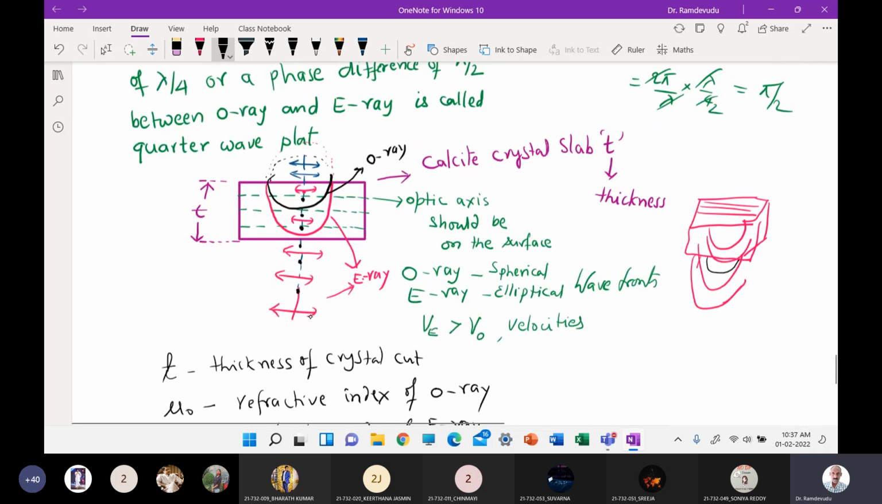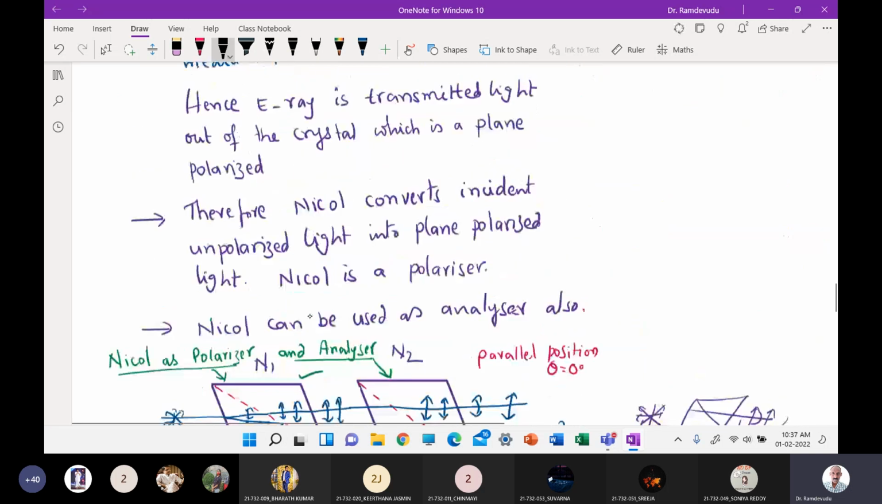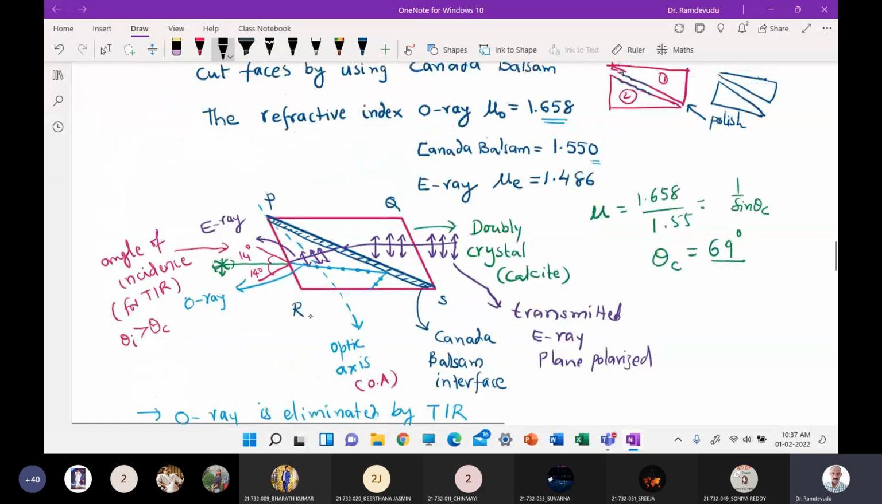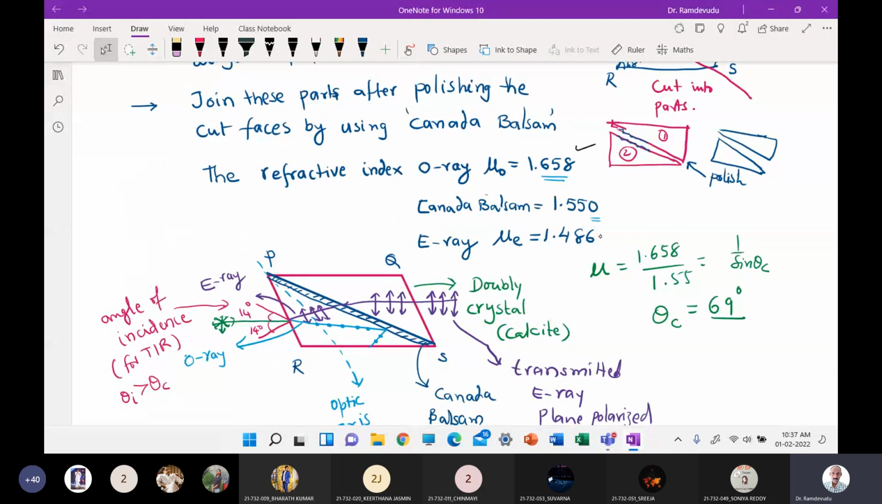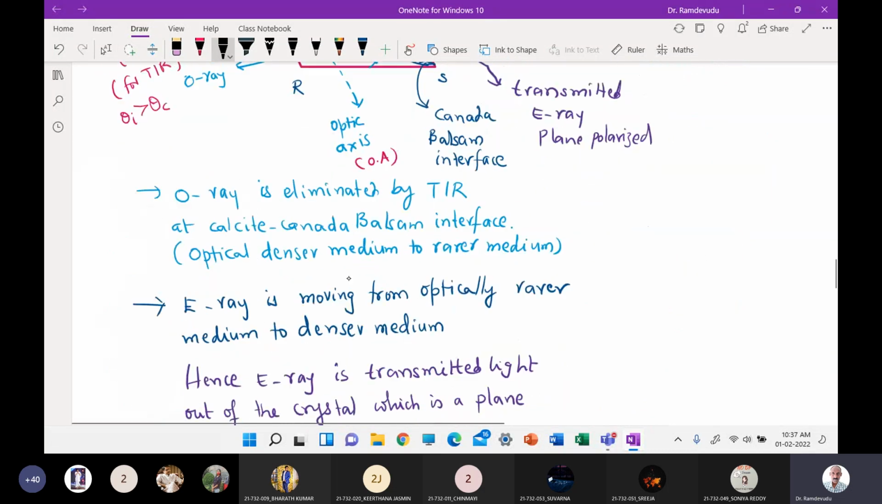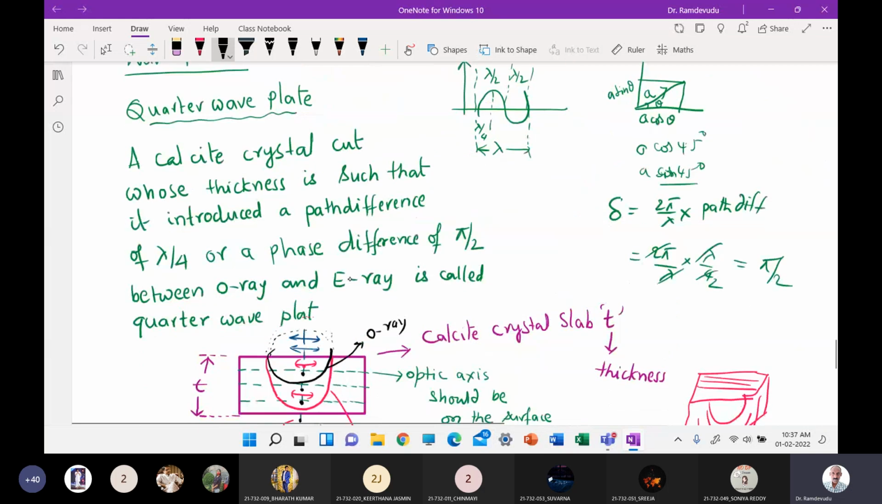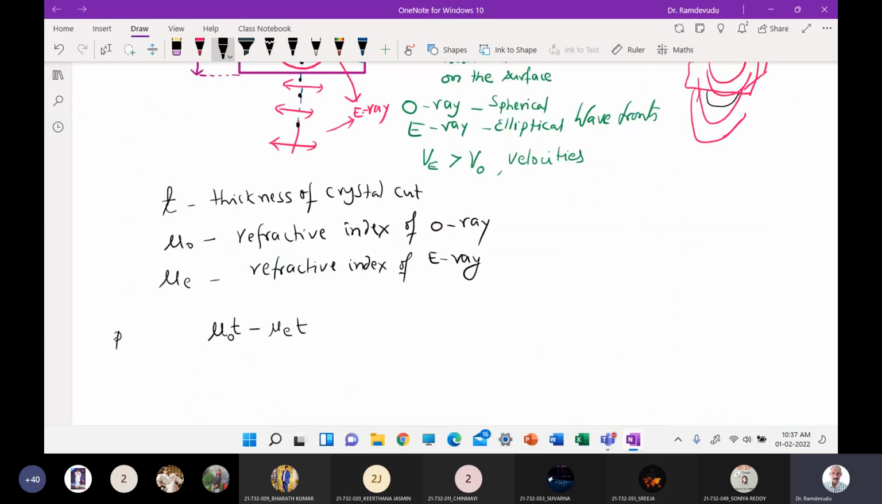Because you see here we have given that mu naught, that is the O ray, is greater, and this is less. That's why I am writing it subtracting to get the path difference. So the path difference is equal to this. Here mu naught is greater than mu E for calcite. If you take quartz, it is different. If calcite, then we have to write mu E minus mu naught. And this path difference for